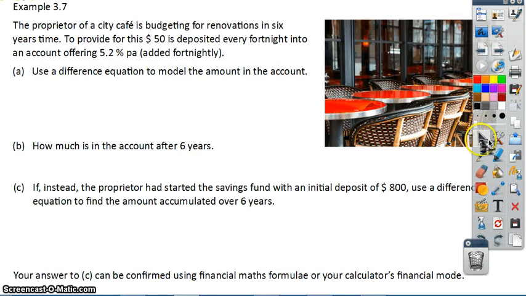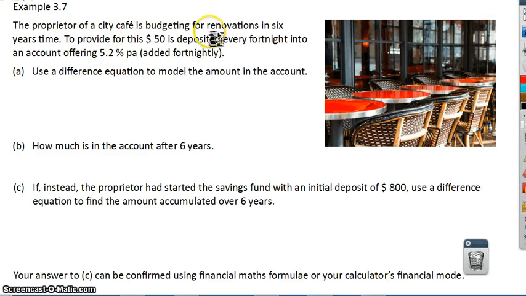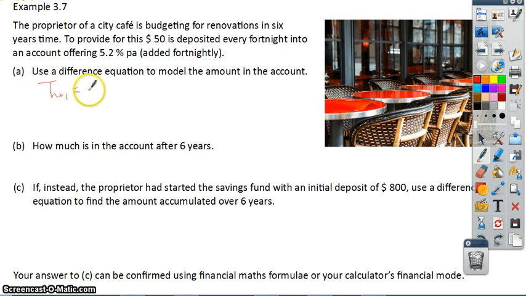Okay, here's an example of annuities in advance. City Cafe is budgeting for renovations in 6 years' time, so they're saving up for it. So they save, and then they have money at the end. Use a difference equation to model the amount in the account. So T n plus 1 is equal to R T n plus D, T0 equals initial amount. T n plus 1 then is going to be equal to, now it's 5.2% fortnightly, so we need to do a bit of side working. 0.052 divided by 26,